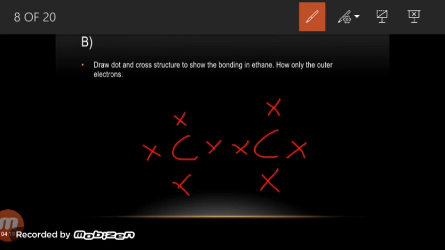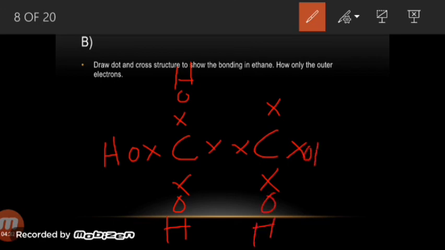So what do they do? They will share their electrons with 6 hydrogen atoms. So this is hydrogen, this is its electron, this is hydrogen. Here you can see this is how the hydrogens are going to connect themselves with the carbon. Here see, carbon number 1 has 4 bonds. It is connected with 3 hydrogens and 1 carbon atom. Similarly, carbon number 2 is again connected with 1 carbon, sharing its 1 electron with this carbon atom, and the other 3 electrons with hydrogen atoms.